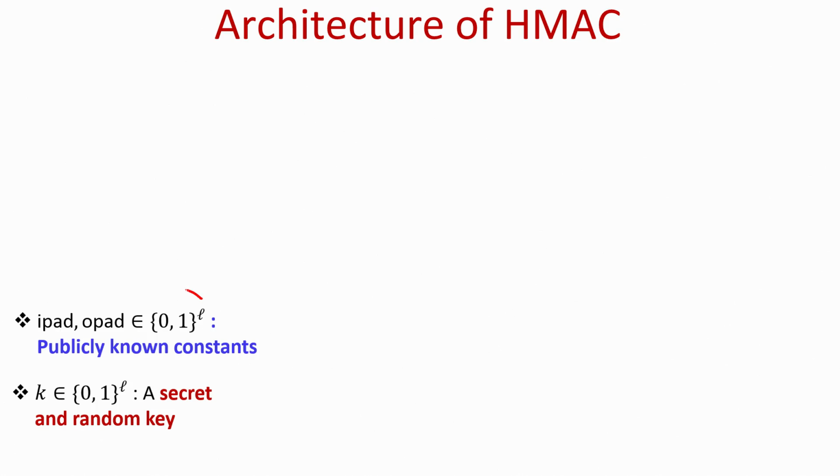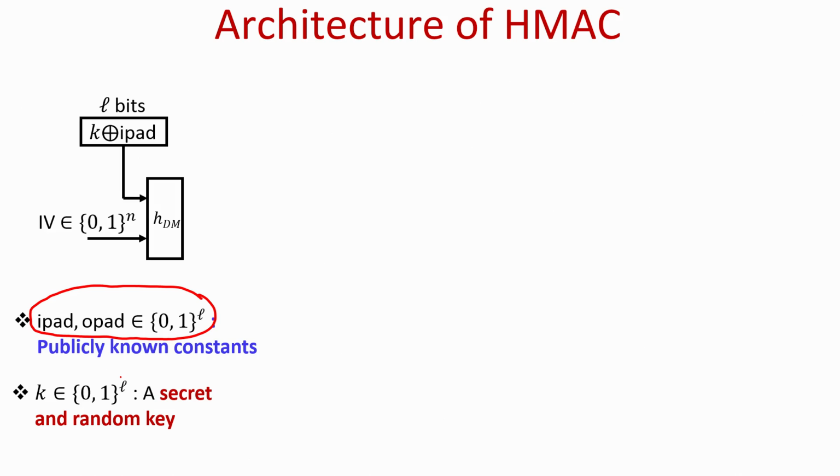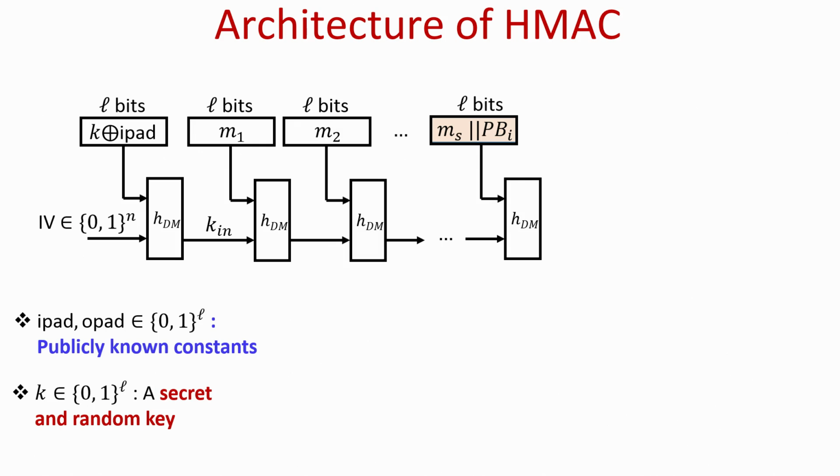We have some publicly known constants here which we denote as IPAD and OPAD. IPAD stands for input pad and OPAD stands for output pad, each of length little l bits, and we have a secret key of little l bits, which is the master key for the overall MAC that we want to construct. We invoke one instance of the Davis-Meyer construction where the overall input is of size n plus l bits. The message part is the XOR of the IPAD with the key, and we have a fixed, publicly known IV, and then we apply